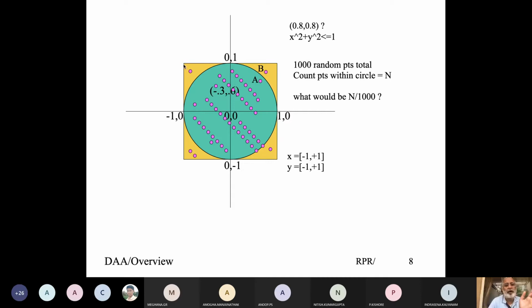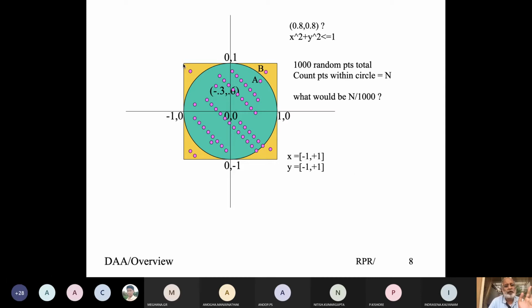So let's take 1,000 points uniformly distributed over the entire square. If they're uniformly distributed, I can say that 1,000 represents the area of the square. Let me repeat. I take 1,000 random points with x and y coordinates between -1 and +1.